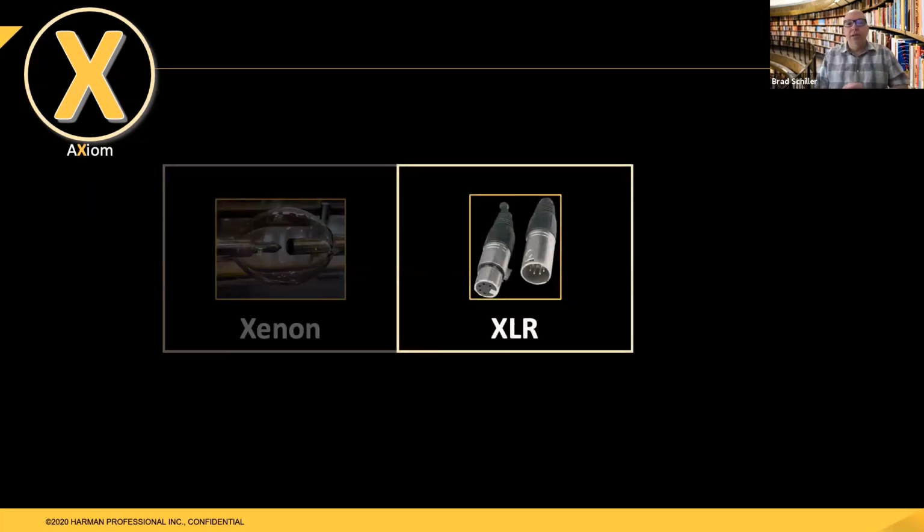XLRs are very nice locking connectors. It's a metallic connector that's round with multiple pins in it. Most commonly, we are aware of 5-pin XLR for DMX, but you might find different types of XLRs used for 4-pin for color scrollers or different types of products that you might be making use of. In some parts of the world, these could also be called Canons, which is actually named for an original manufacturer of this type of plug that was called Canon. So you might hear them called Canons or XLR connectors.